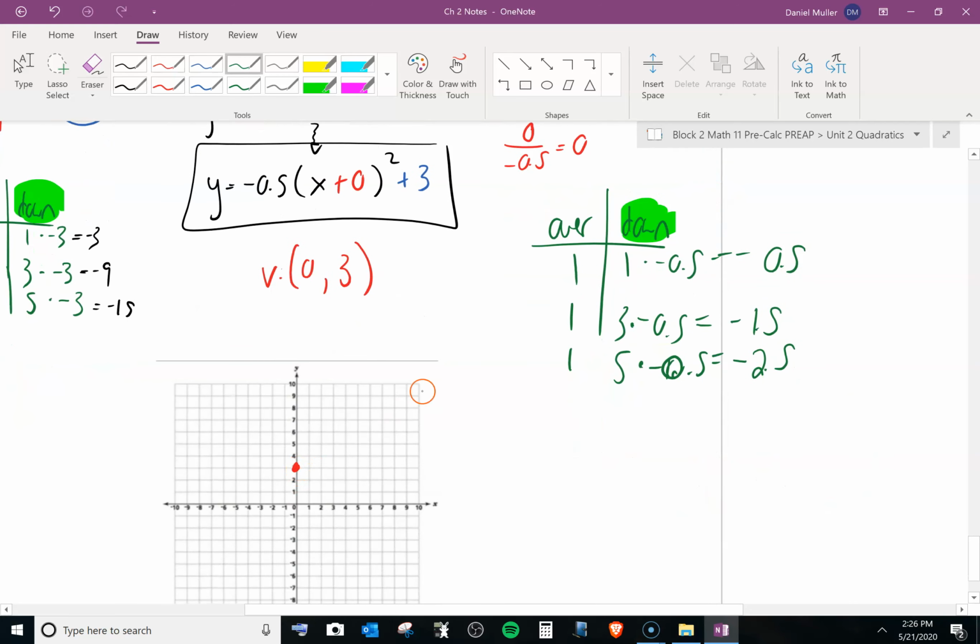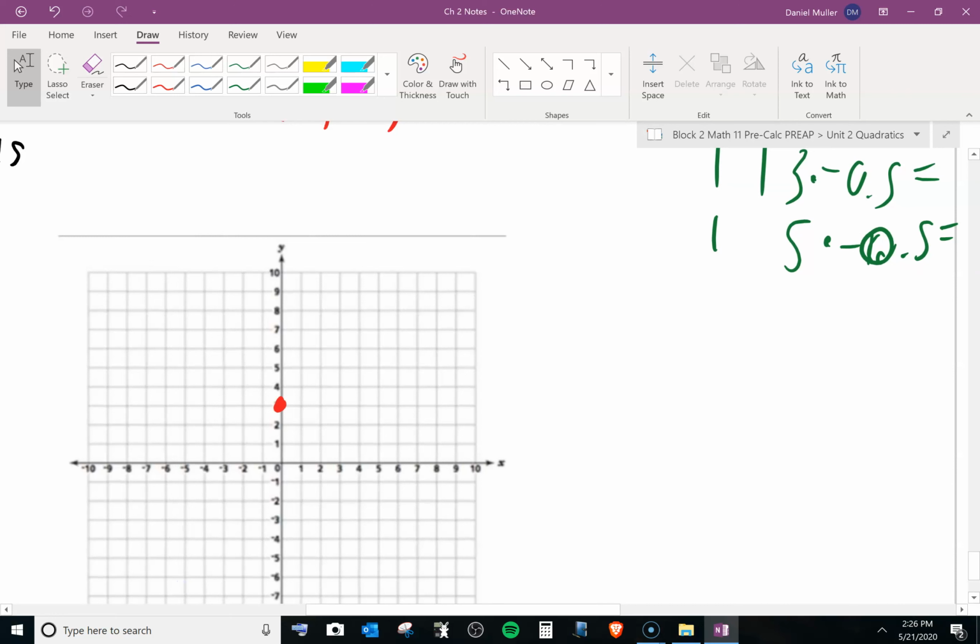So over 1, down a half. Let's make sure we do this right. Over 1, down only a half square. Over 1, down a half square. Then over 1, down 1.5 squares. So there's the half. There's the 1. So you can see that distance is 1.5 squares. So over 1.5. Then over 2.5. Over 1, 2.5. And there you go. So I'm not going to connect the dots so you can really see those points, but